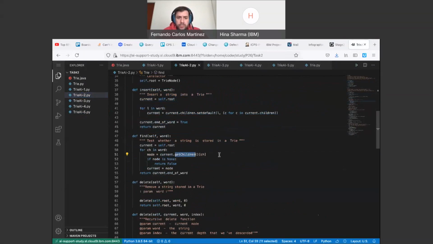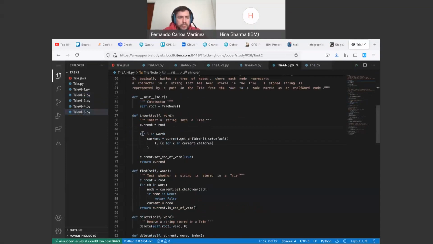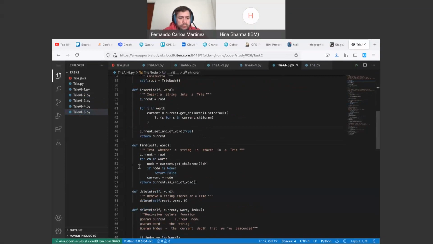Get children. For ch in the word, it's the current dot children. If node is none, then return false. Current is equal to